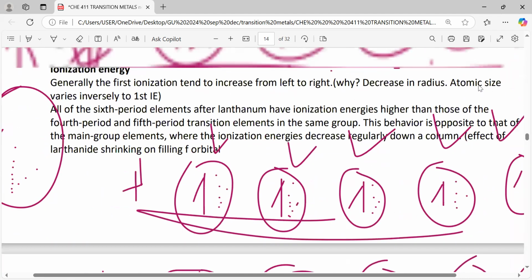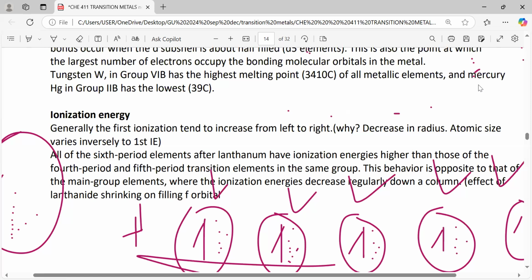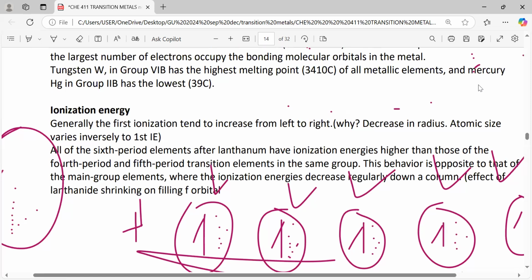Let's see ionization energies. Okay. Generally, the first ionization energy,